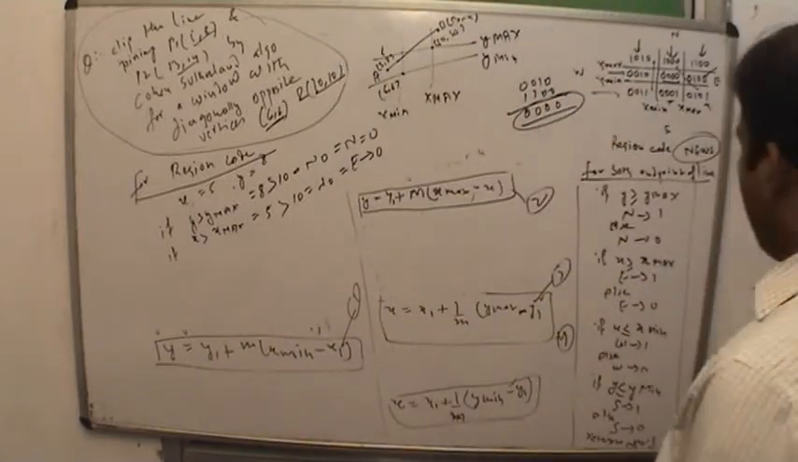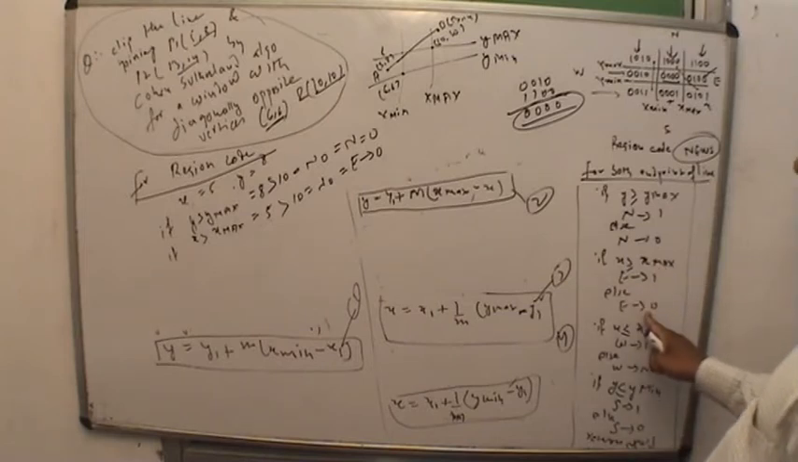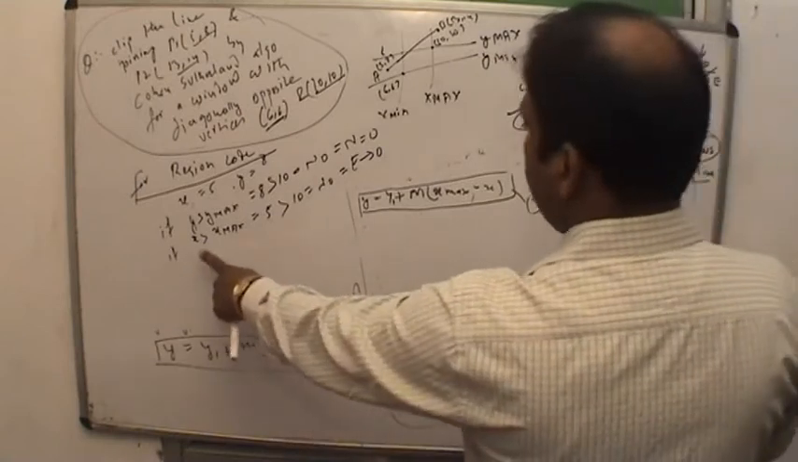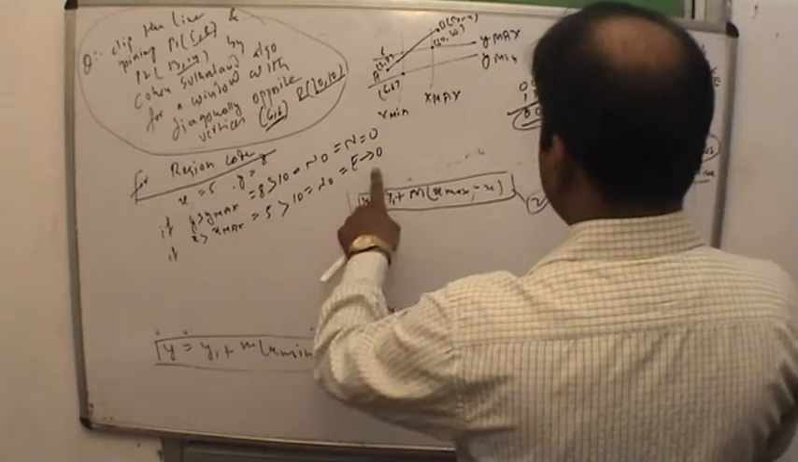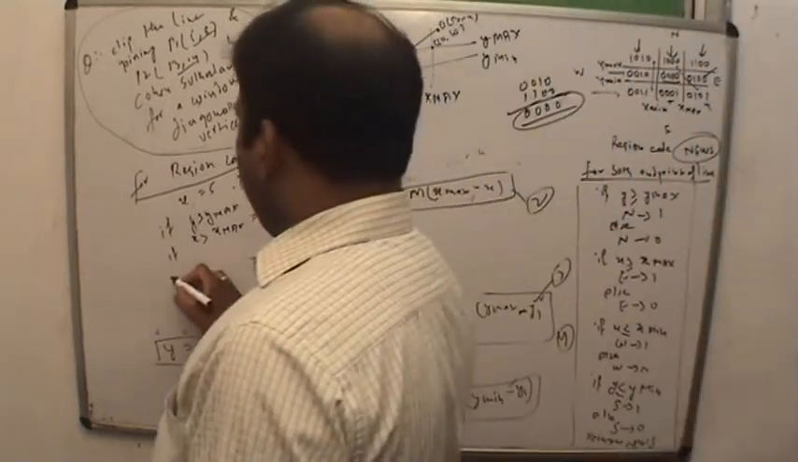As you see here, when x is greater than x max, then east is 1, otherwise east is 0. We get x is not greater than x max, so east is 0. And the condition 3 is